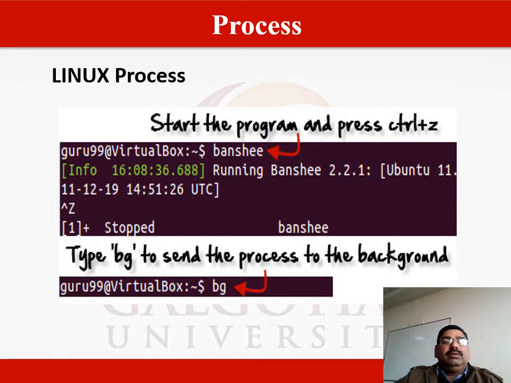You can view on the command prompt that we are starting a foreground process by the name Buncee. It is an audio file. It will start, and you can view it running on the Ubuntu terminal. I want to send this particular file to the background. For sending it to the background, we have to press Control Z to stop this process. Now you can view the stopped process Buncee. Then we can write the command BG on the terminal to send the process to the background. So this way we can send a process to the background.